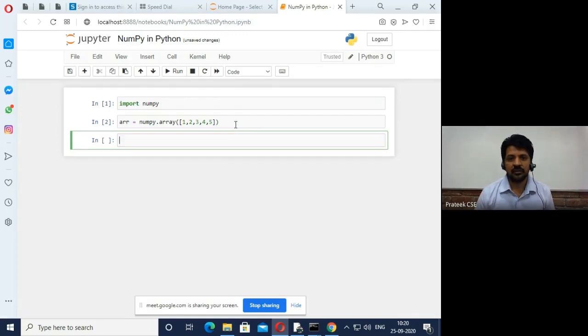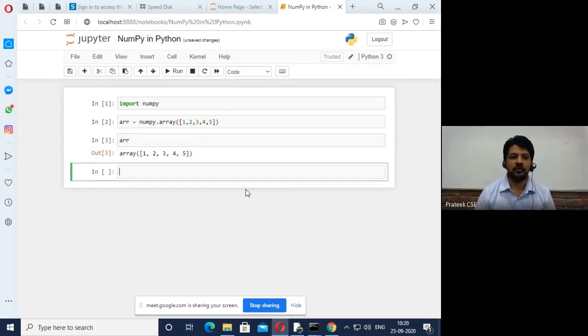So I'm just executing these cells using Shift plus Enter in the case of Jupyter Notebook. I just want to display this particular array, which has the name ARR. You can see this array has been printed, which has 5 elements. So if I'm going to